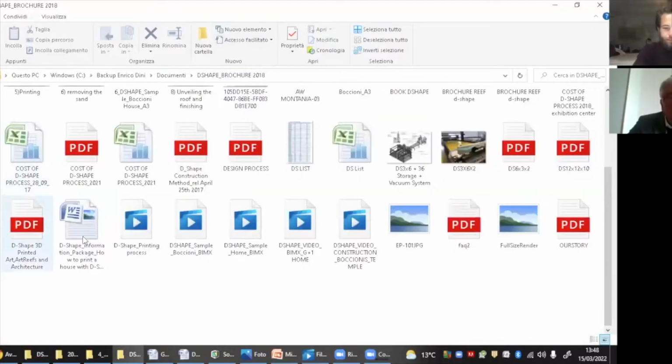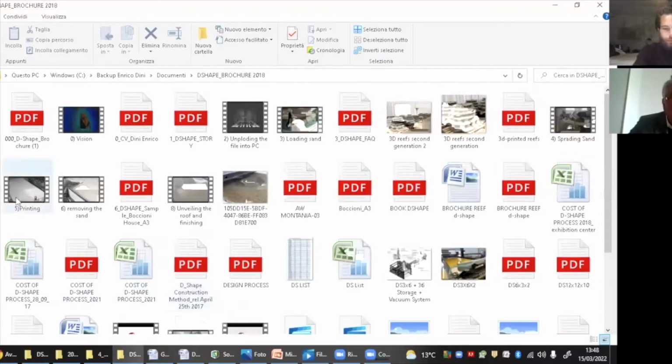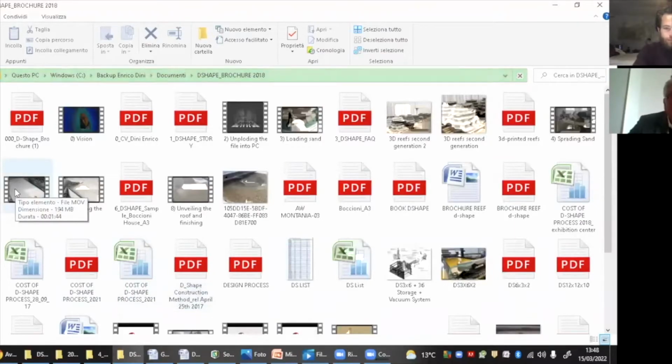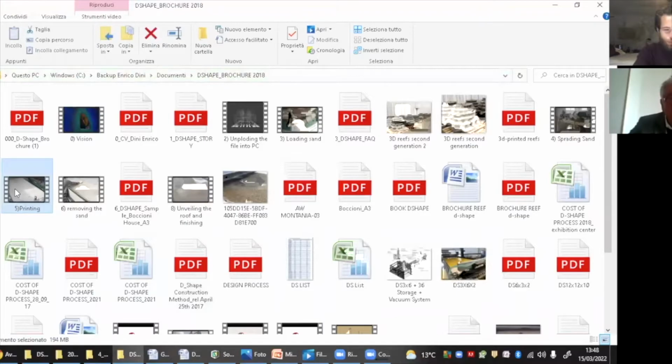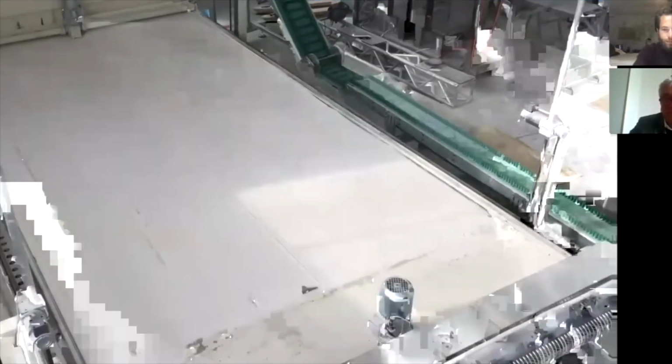First of all, I have to show you something, otherwise you won't understand what I mean. Okay, fine. So let's start from the video that shows the printing process of a small portion of a home, just printing one element. Just to let the people understand